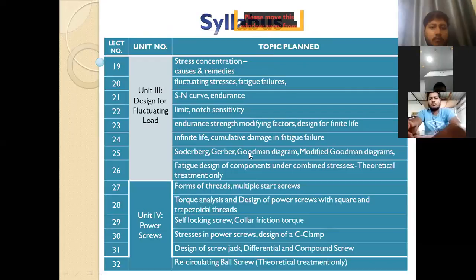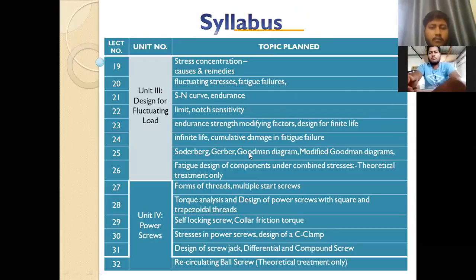So unit number 4, nuts and bolts, but these will be carrying the load. So these will be carrying power. So how to design for those loads? Generally nuts and bolts will have a stress on them, but when they have to take power, like the screw in a screw jack, it will be taking the load of the whole vehicle. So to design that, it will have a separate, different design.